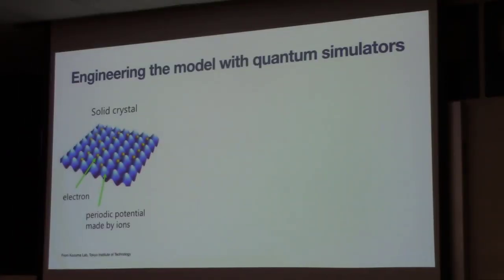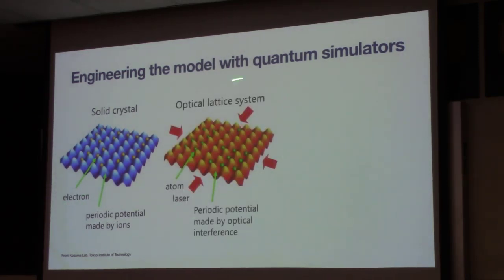And this is where the field of quantum simulation and atomic physics comes into play, where we make an analogy between the solid state system, where we have a solid crystal, and we have the periodic potential made by the ions in blue, and the electrons in yellow. And then, in the experiments that are generally in the basements of the universities, they generate a periodic potential made by optical interference, and I'll talk about this in the next slide. And then they put atoms into this potential. So what we have now is a system that emulates what's happening in a solid crystal.